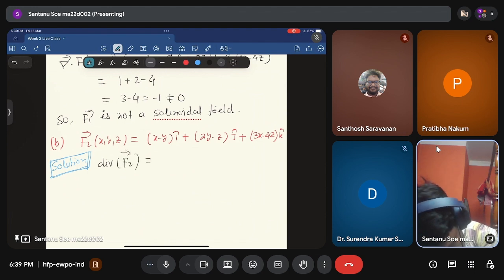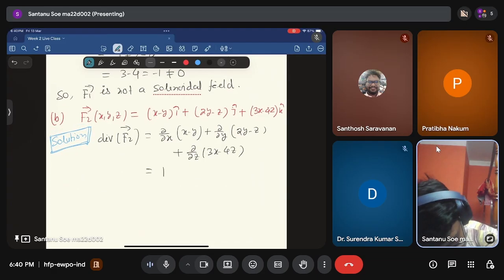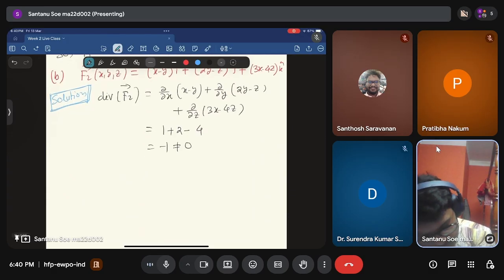So this is simply del x of x minus y plus del y of 2y minus z plus del z of 3x minus 4z. Okay, so this is going to be 1 plus 2 minus 4. So this is again minus 1, so not equal to 0. So not a